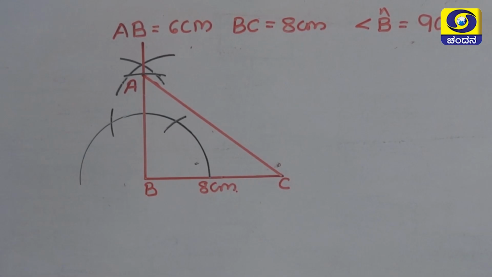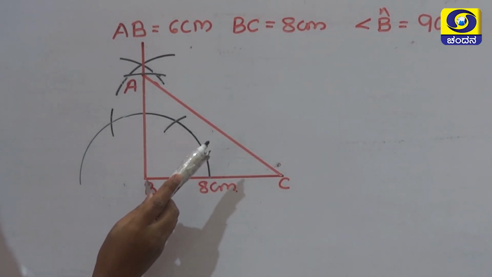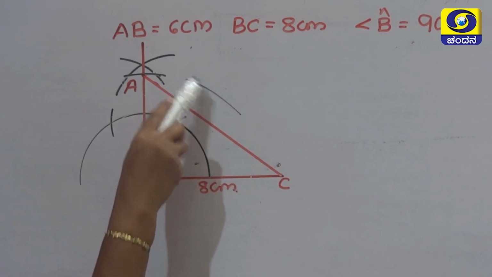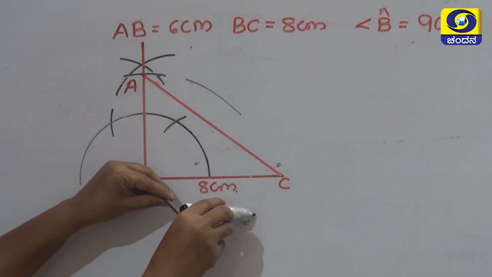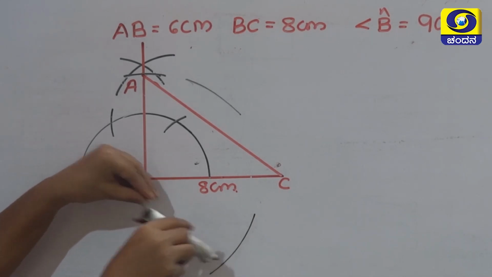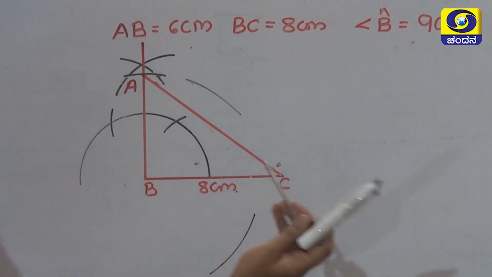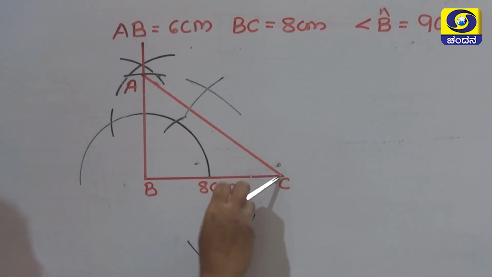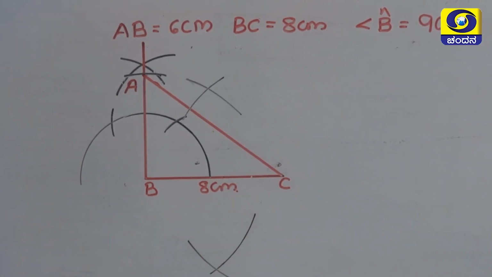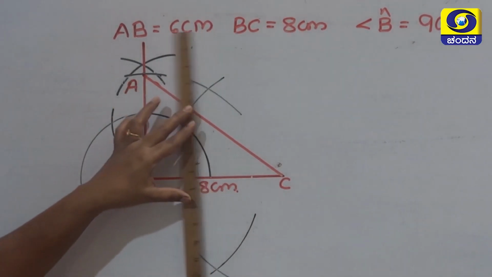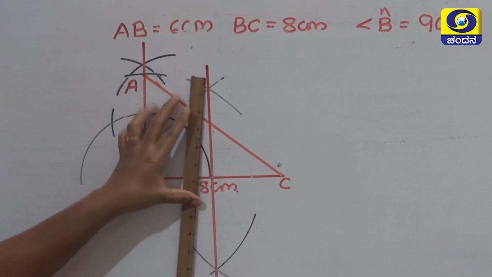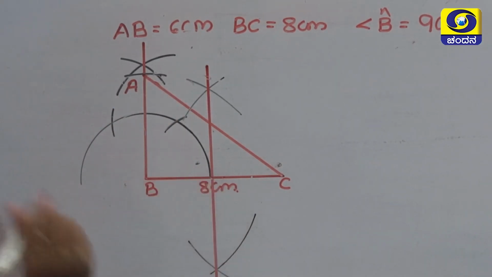To get the midpoint, we have to draw arcs taking 3/4 of the length of the line segment BC. Here I have made one mark. Similarly, make one more arc below the line segment. Now keeping the compass at point C, repeat the same process. Now by joining these two points of intersection of the arcs, we will get midpoint of the line segment BC.